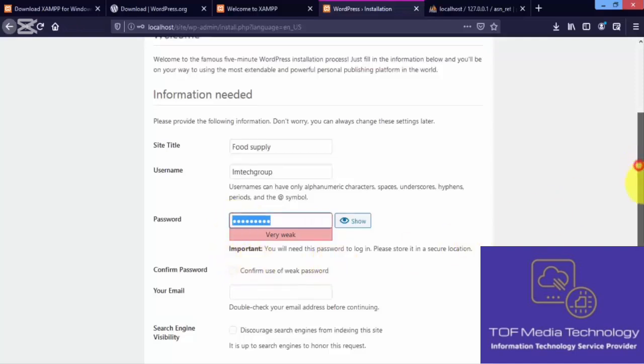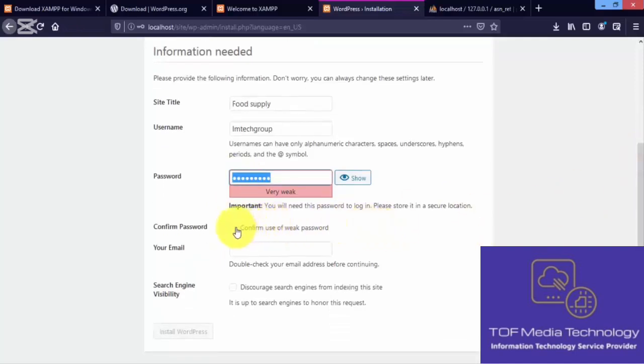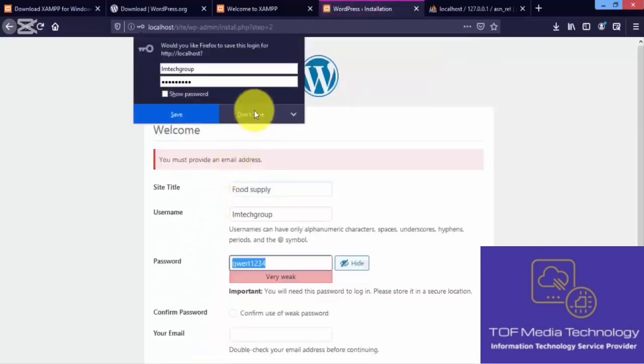Now scroll down, confirm the password by inputting it, or you just check. Check the confirm password. Then the search engine visibility helps you to get your site online. But for now, we are doing this development on the local server on your local machine. It's not on the internet for now. So by the time we are done, everything is run within our computer. We have not deployed it